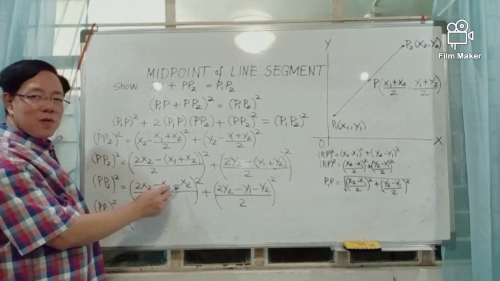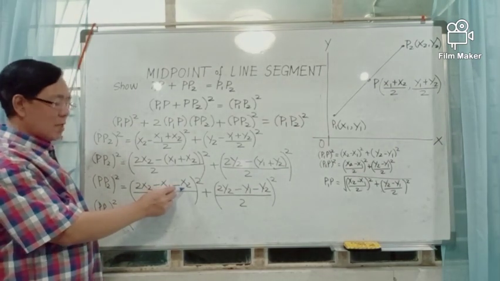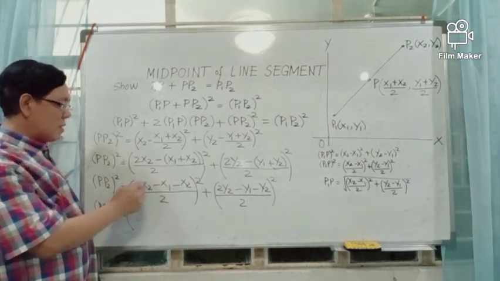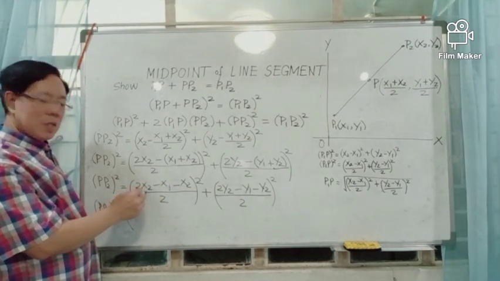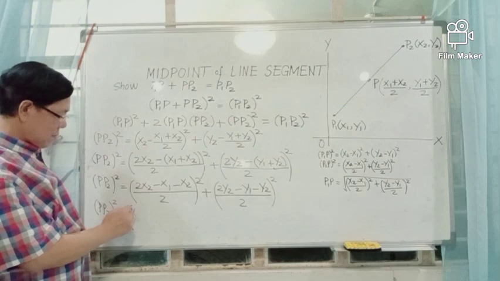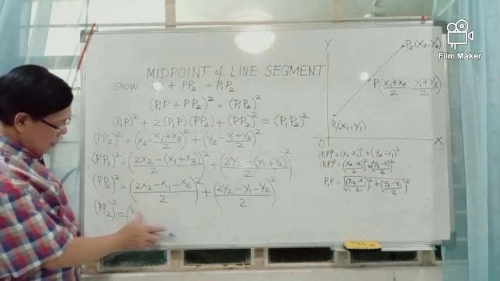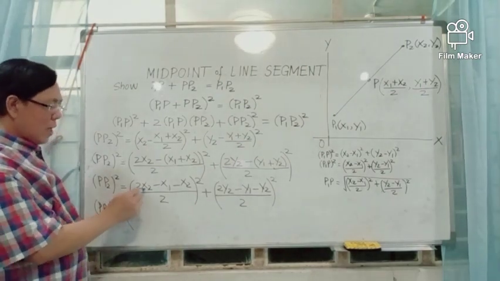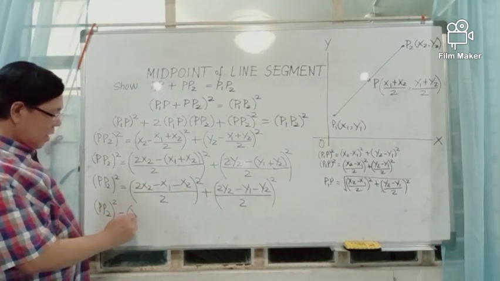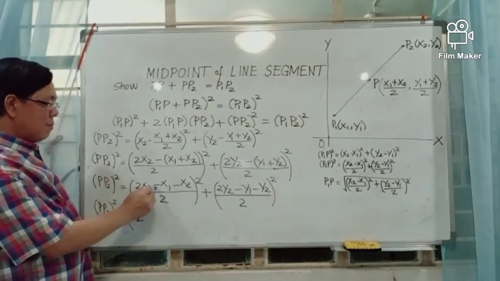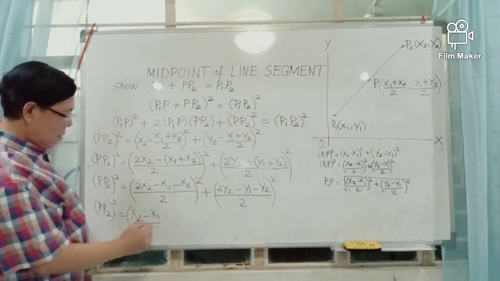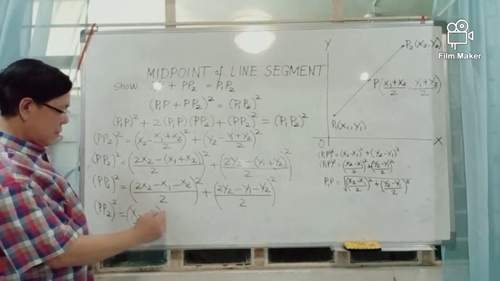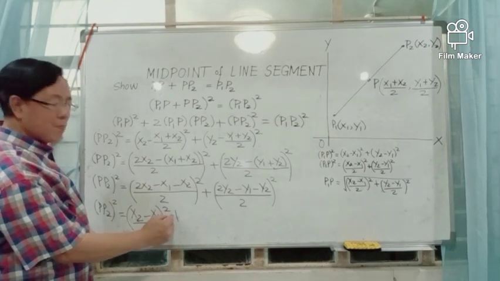The numerical coefficient of the x2 in the last term is -1. 2 minus 1 is 1, multiplied by x2 is x2. Again, 2x2 minus x2 is x2 minus x1 all over 2, squared, plus